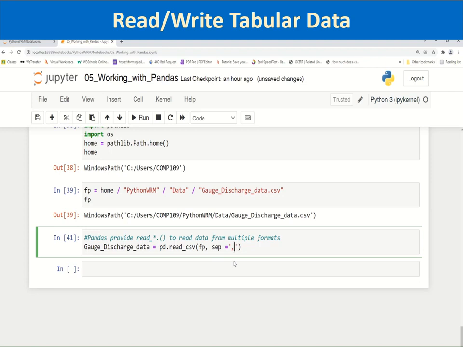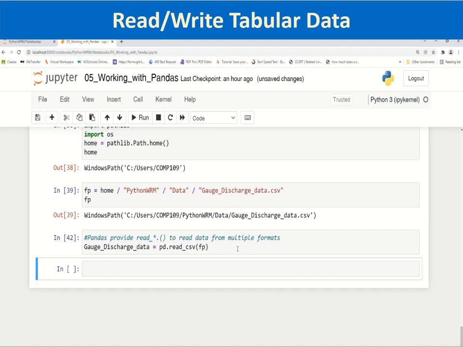However, in case the delimiter in your file is a colon or semicolon or space or tab, we can use that delimiter by overwriting the default parameter sep. However, here you don't need to give it. So let us simply try to run this,